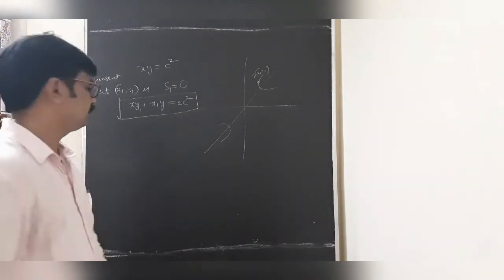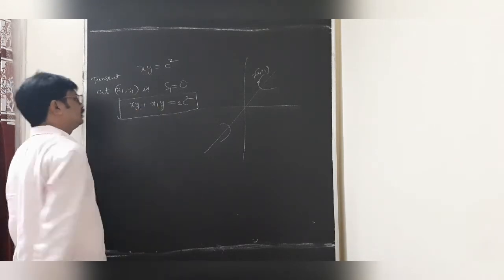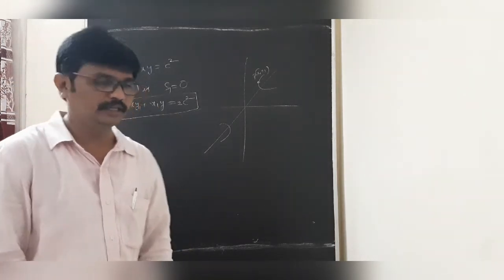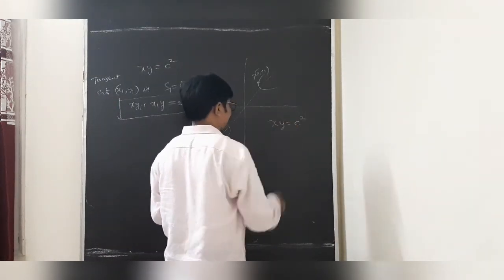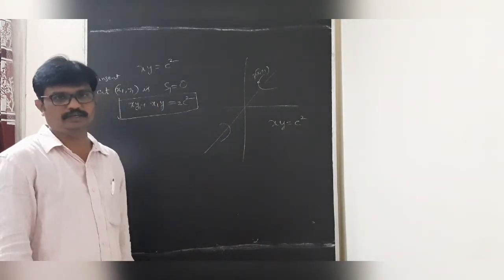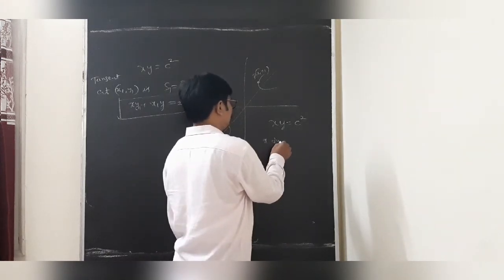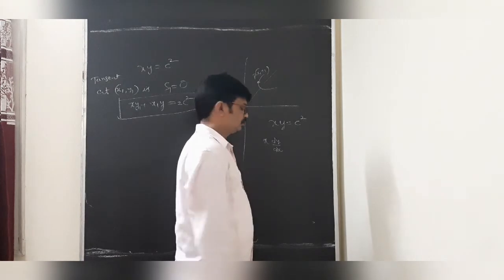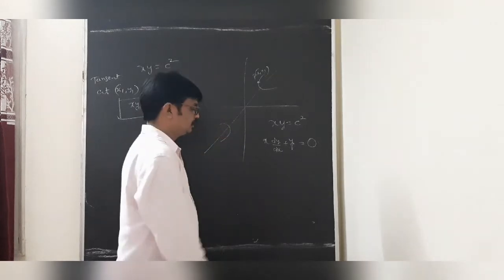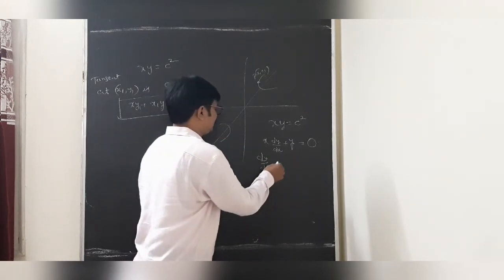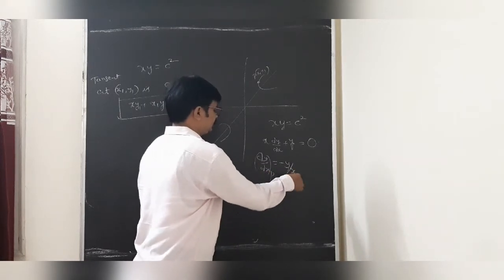Dear students, we observed here that when you replace xy by the point, 2xy equal to 2c square, directly we got this one. Suppose, students, if you forget it, then you can take the differentiation method: xy equal to c square. Is it clear, students? Now differentiating with respect to x, that is x into dy by dx, after that y into the derivative of x, which is 1, then the derivative of c square is 0. My dear students, you can observe dy by dx equal to minus y by x, and dy by dx at P is minus y1 by x1.